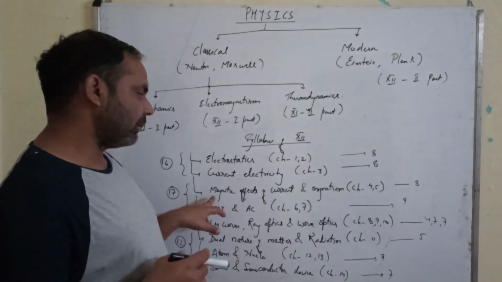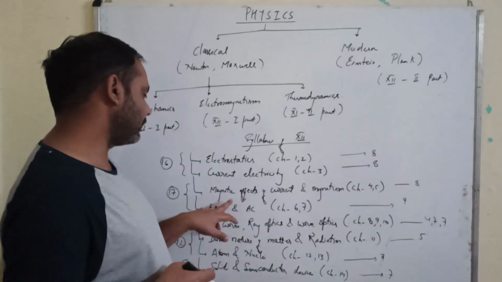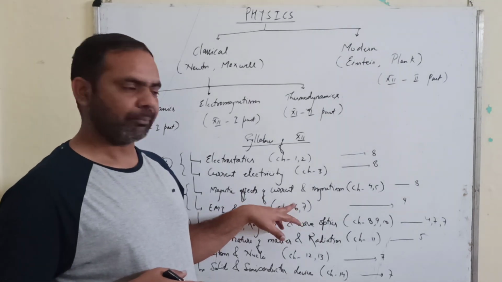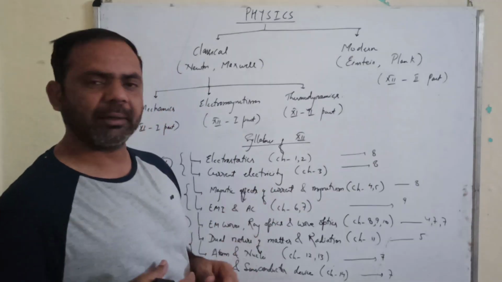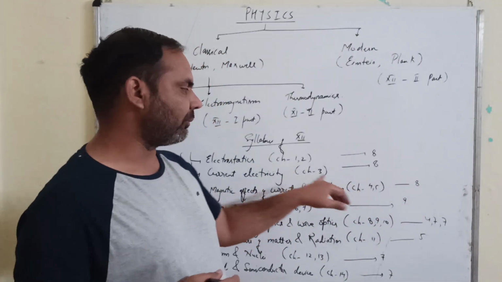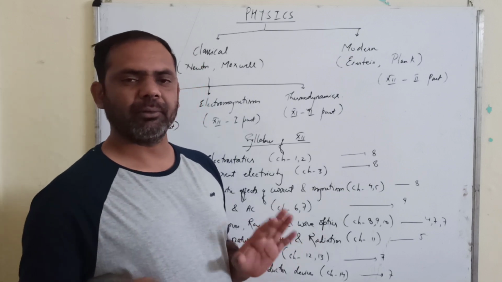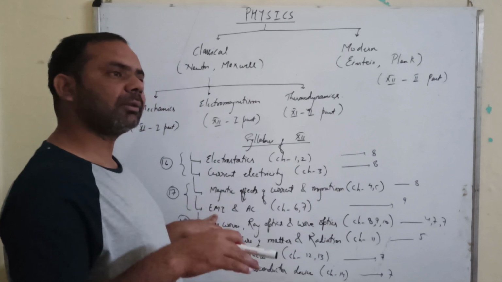So this property will be discussed particularly in chapter number 4 of your syllabus, magnetic effects of current, and also in chapter number 5, magnetism. Now these two chapters, chapters 4 and 5, will be approximately 8 marks. Then how this